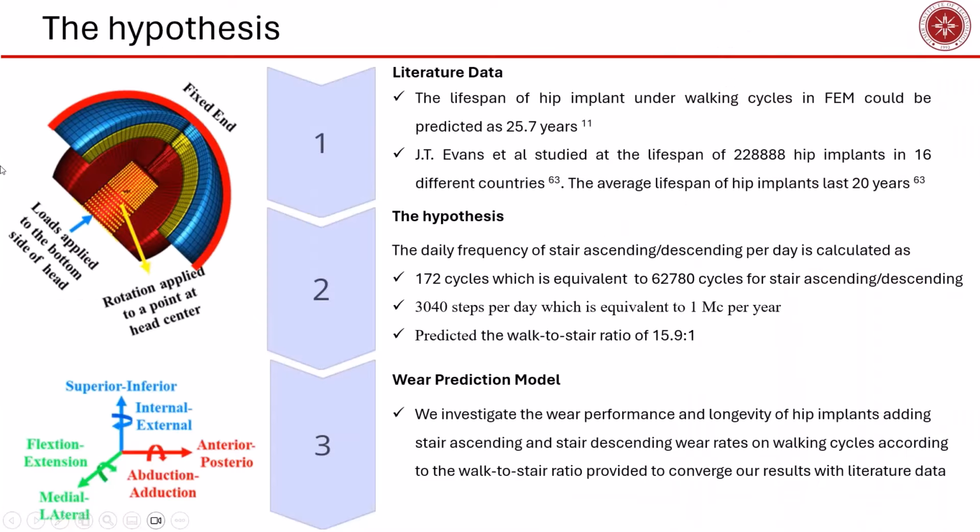First of all, I will mention the literature data. The lifespan of a hip implant under walking cycle in the finite element method could be predicted as 25.7 years under hip simulator conditions. In the literature, Evans et al. studied the lifespan of approximately